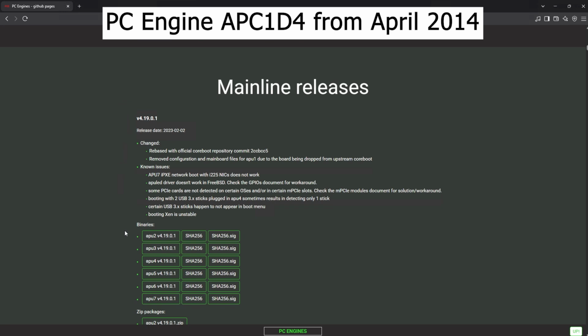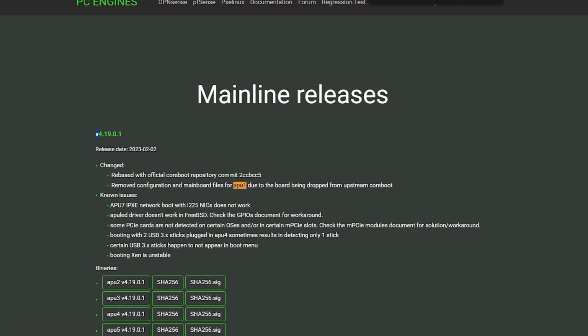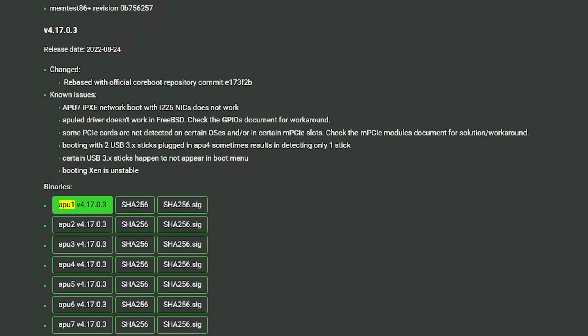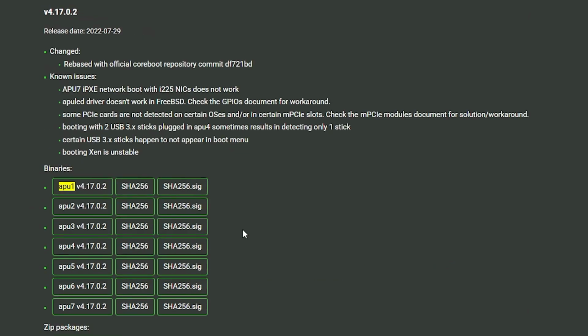If I search right now for APU1, I get this version right here, but in this version they removed support for APU1. So I'm gonna scroll down, and the next available version is this one. But because I'm doing a demo here, I'm gonna scroll down even more and download an even older version